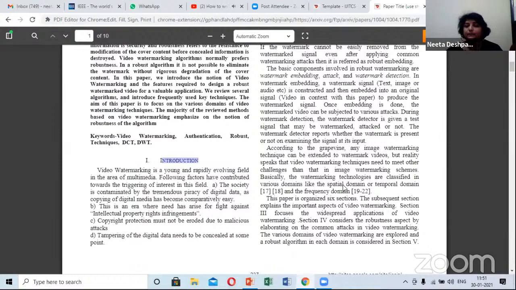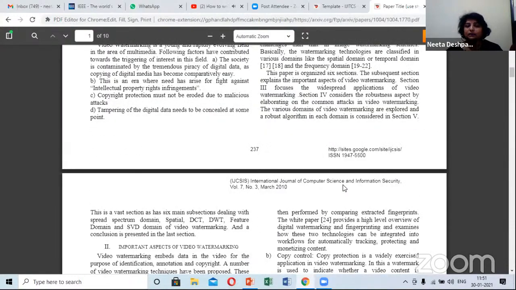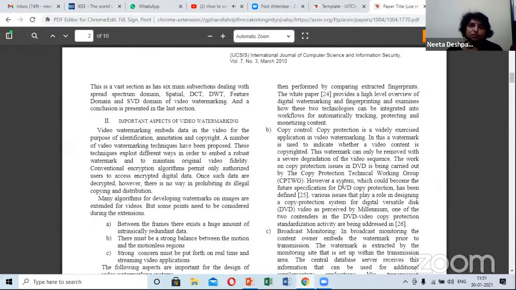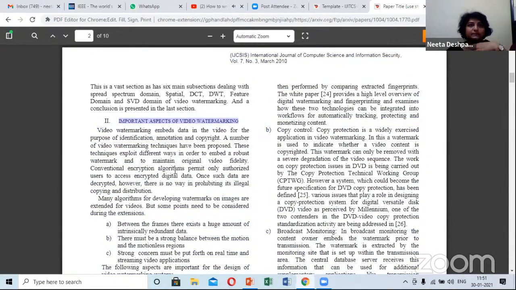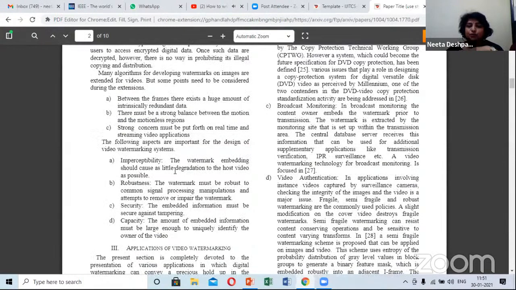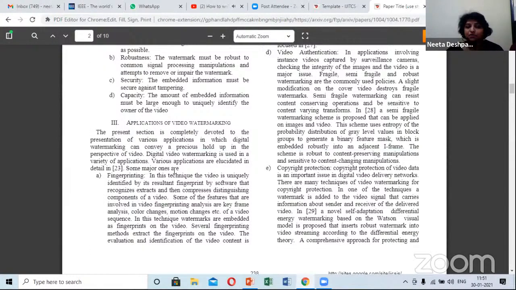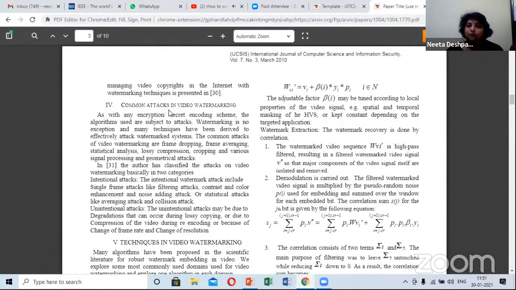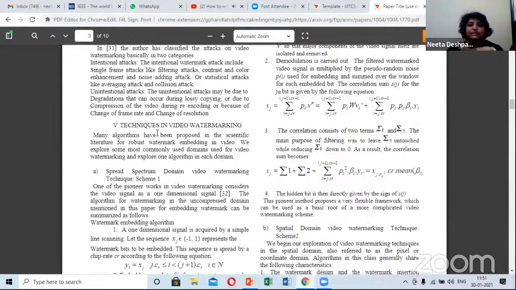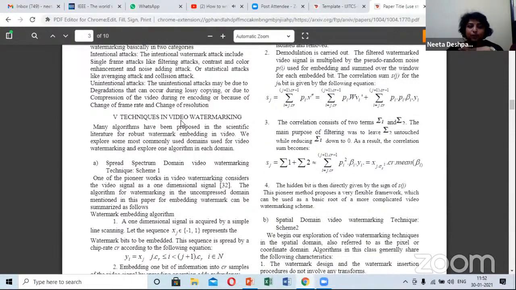Now it's a survey paper, so obviously second part से मुझे वो चीज के बारे में एक्सप्लेन करना शुरू करना पड़ेगा. So what I did is I started with important aspects of video watermarking. क्या क्या important aspects हैं, what I have started studying, और यहाँ मैं हर जगह पे रेफरेंस देना शुरू कर दूंगी. कहाँ कहाँ एप्लीकेशंस हैं वीडियो वाटरमार्किंग के, वो मैंने लिख दिए. कॉमन अटैक्स कौन से होते हैं वाटरमार्किंग में, वो लिख दिए. And now I have started my survey basically on all the techniques of video watermarking.